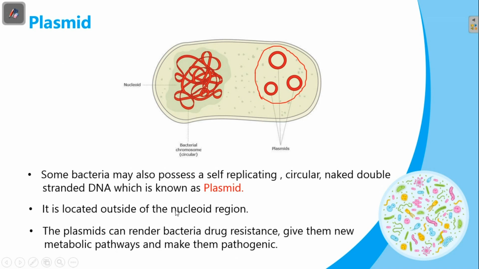Plasmids may carry genes that code for resistance to antibiotics and production of toxins, which are very important for bacterial survival. Let us know about the cytoskeleton. Look at this word skeleton and at the prefix cyto. Cyto means cell. The name itself says that the cytoskeleton is the skeleton of the cell.